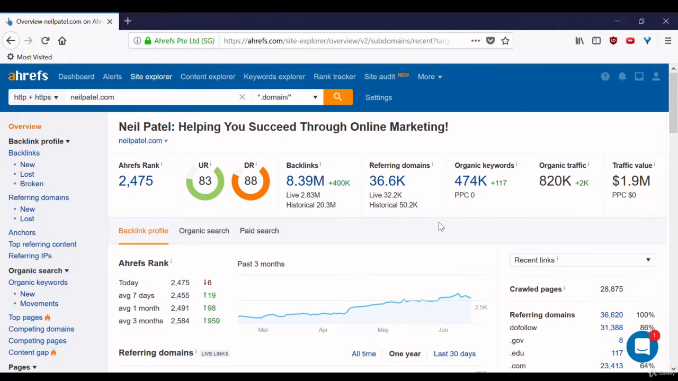My favorite section is right here, referring domains. And this refers to the links back to neilpatel.com that he has earned over the years. So the difference between backlinks and referring domains is you might have 12 different links from one different site. This organizes it by site. So if we click on this,